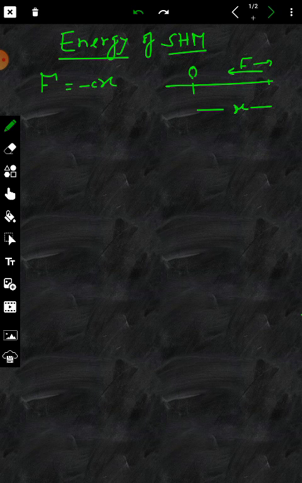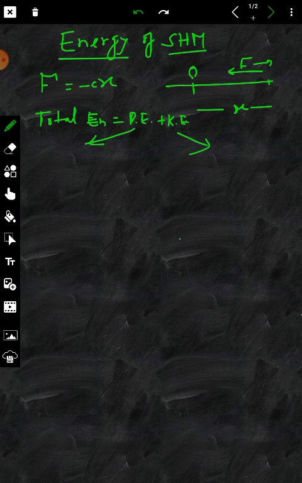If we are talking about the energy of a simple harmonic oscillator, meaning total energy, it will comprise two parts. The total energy of a simple harmonic oscillator will be equal to the potential energy possessed by this oscillator and the kinetic energy of it at any point of time, right? So we have to find out the potential energy as well as the kinetic energy, and then we can put these values here in order to find out the total energy.